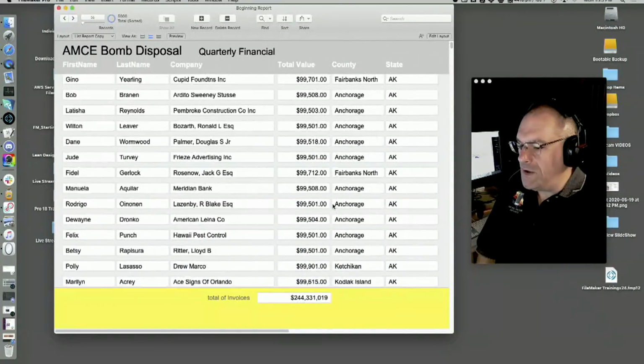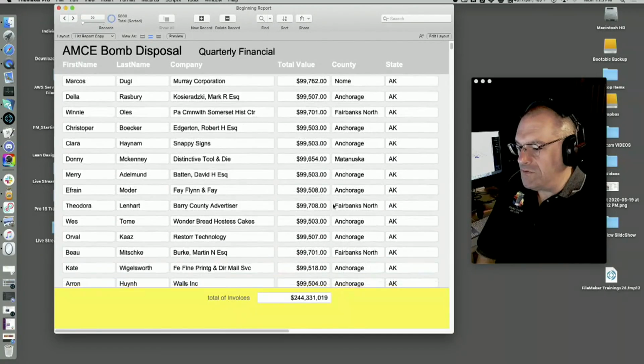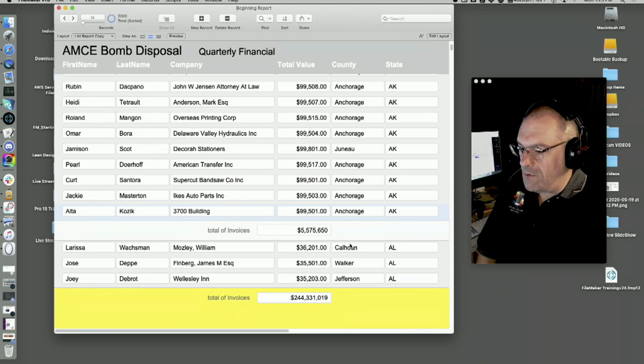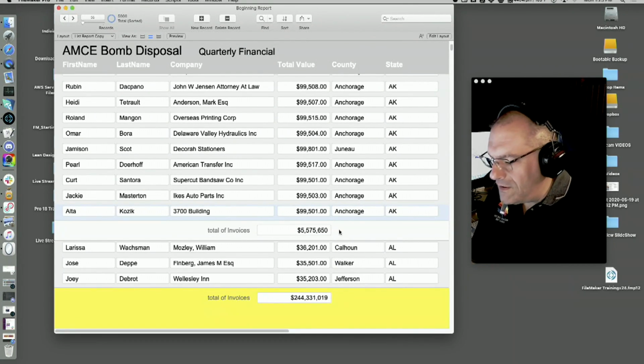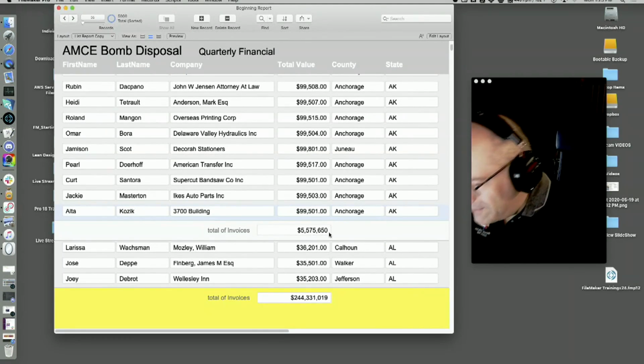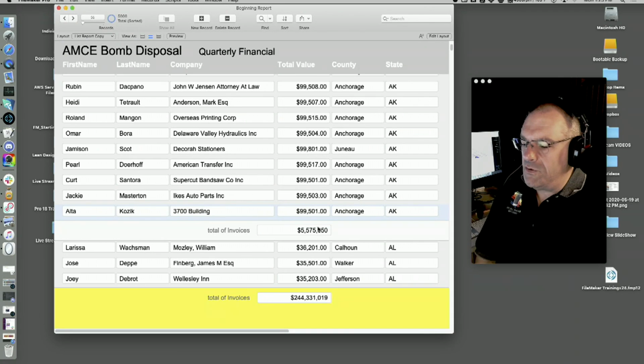And so we start scrolling down, scrolling down, and eventually we get to the bottom of that. There is a subsummary for Alaska, and that is broke. Oh, no, it's not broke. Okay, that threw me off. It says $5,575. What the hell? It needs to be formatted with currency with the change on there. See, that's the currency. See, that's 99,000. That's 5.5 million, right?